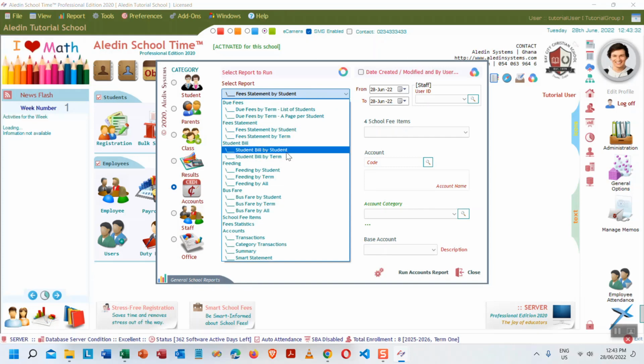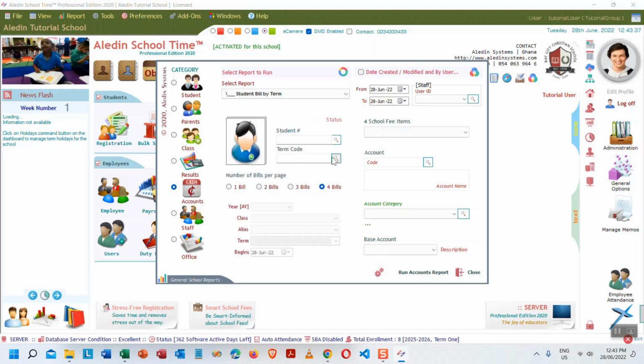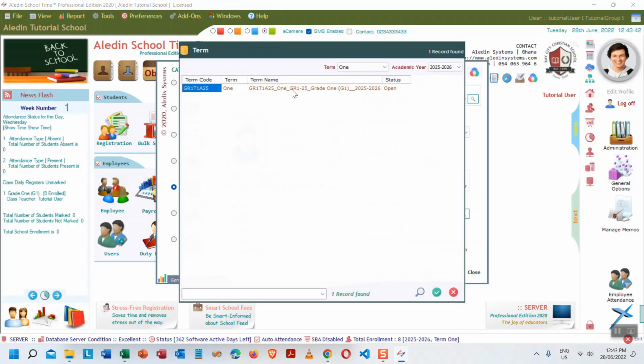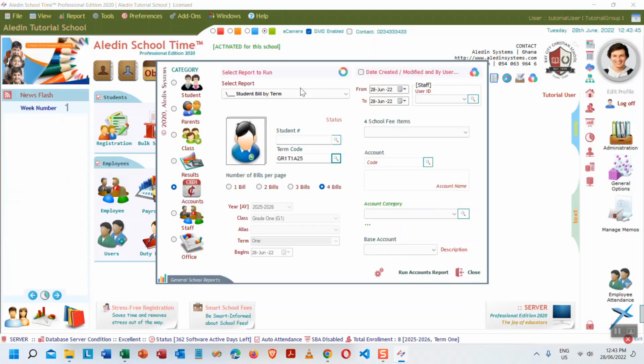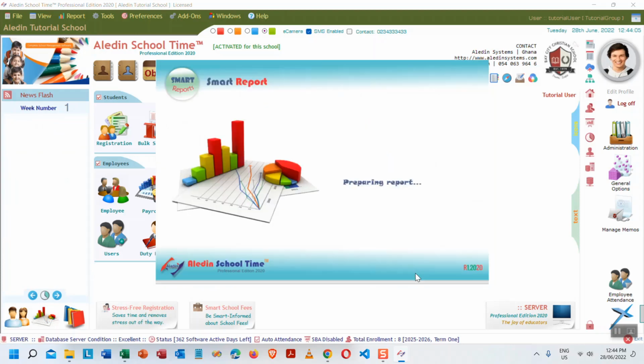We have student bill by student, by term. So you select by term, and then the term code. So what is the term code? You click here, and then that is it. Grade 1 is there, and then the bills, you can have 1 on a page, 2 students on a page, 3 students on a page, 4 on a page. So that you can tier them, to save papers. Then you can just click on run account report,